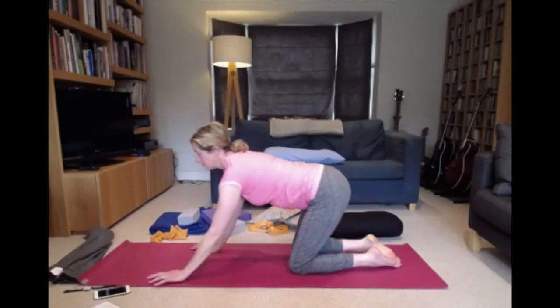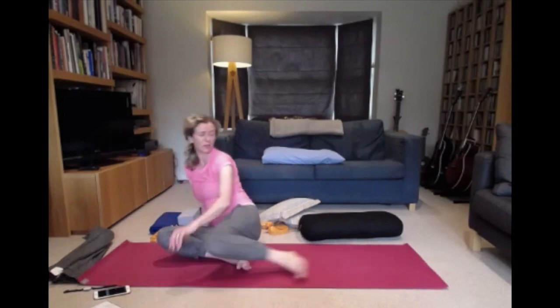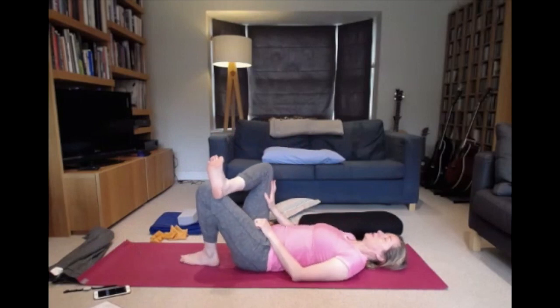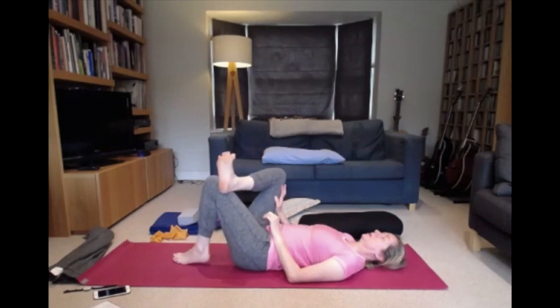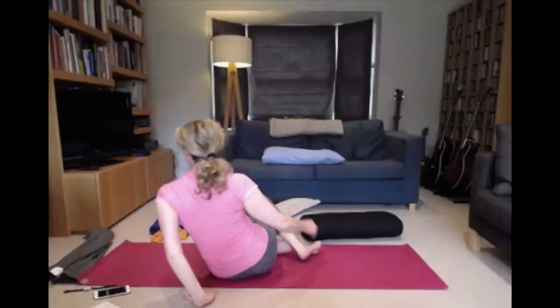So coming on up. If you're on your back, just a brief reminder, hooking that right ankle just above the left knee, just pressing gently on this inner right thigh. You could exaggerate the feeling by lifting the foot onto a support and doing this. If you're in all fours,